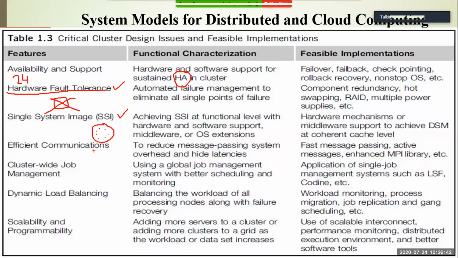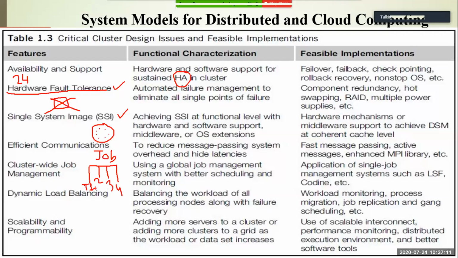Generally, a job is assigned to a cluster, which can be broken down into small tasks: task 1, task 2, task 3, task 4. So the cluster should execute a job by decomposing it into several tasks, so that a single task can be assigned to a computer system.